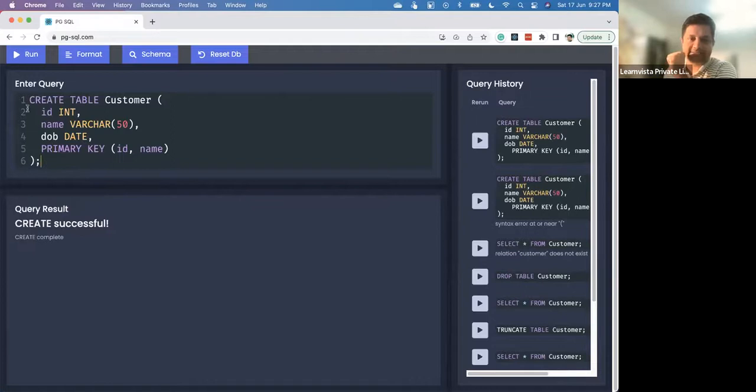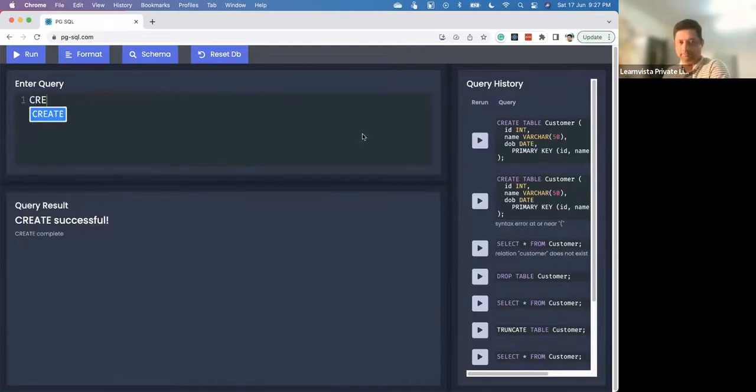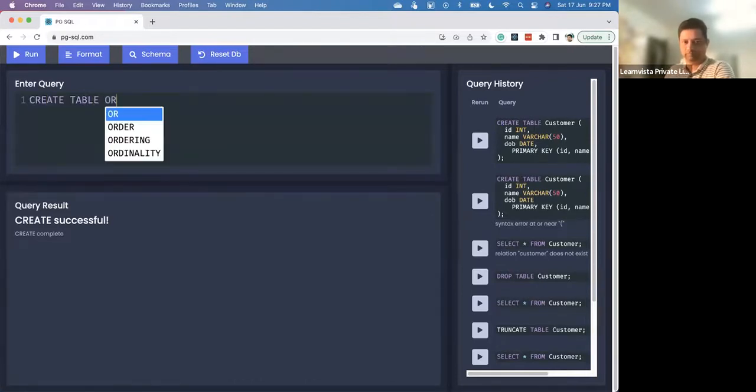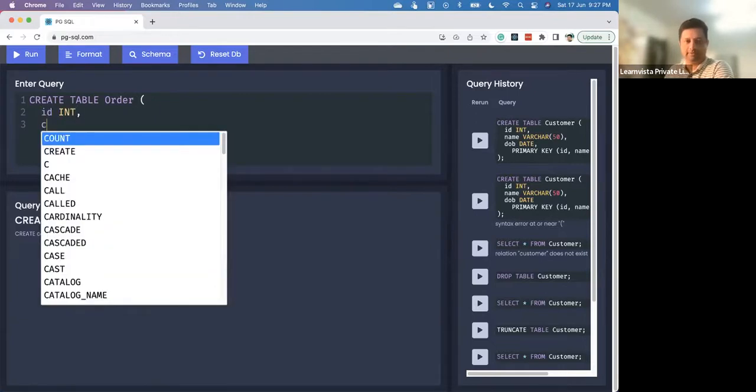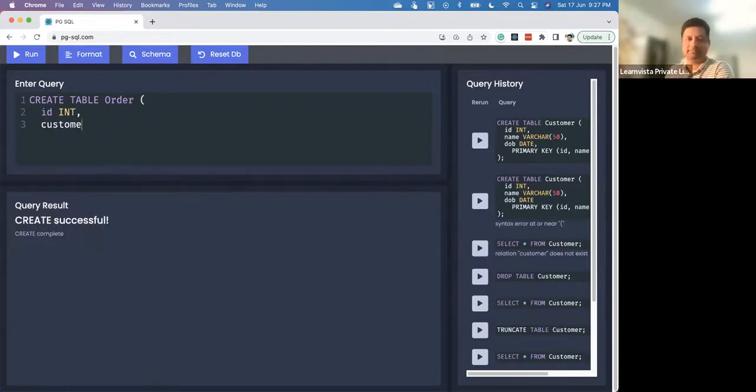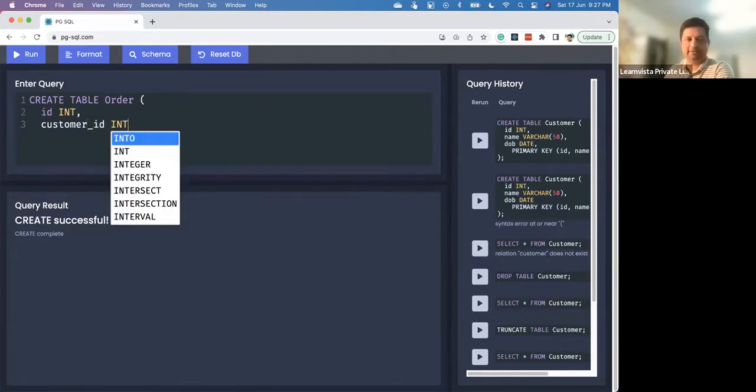Now let's create the order table. Sorry, order, I should follow the naming convention, although it was valid. ID int, customer ID int, yes,